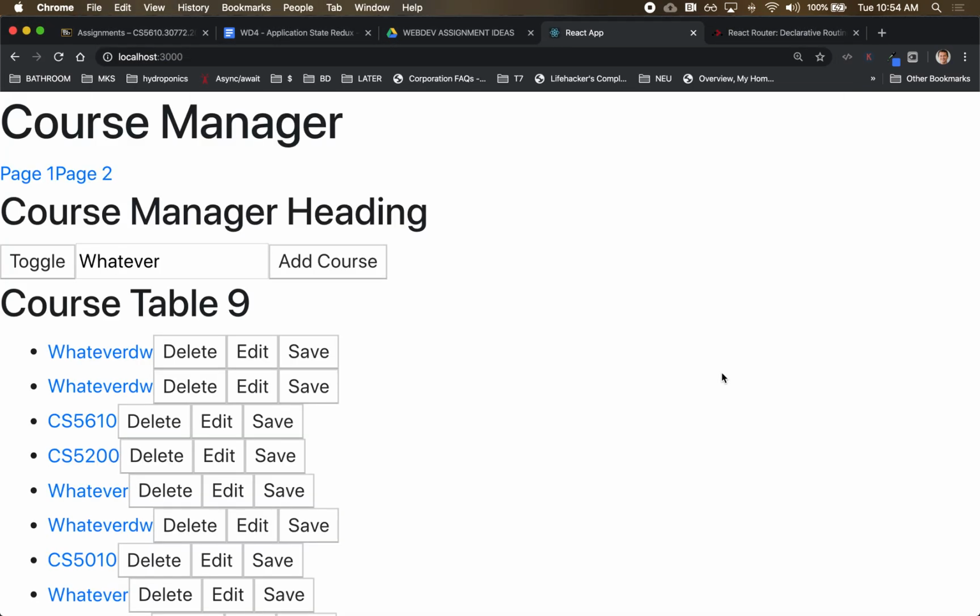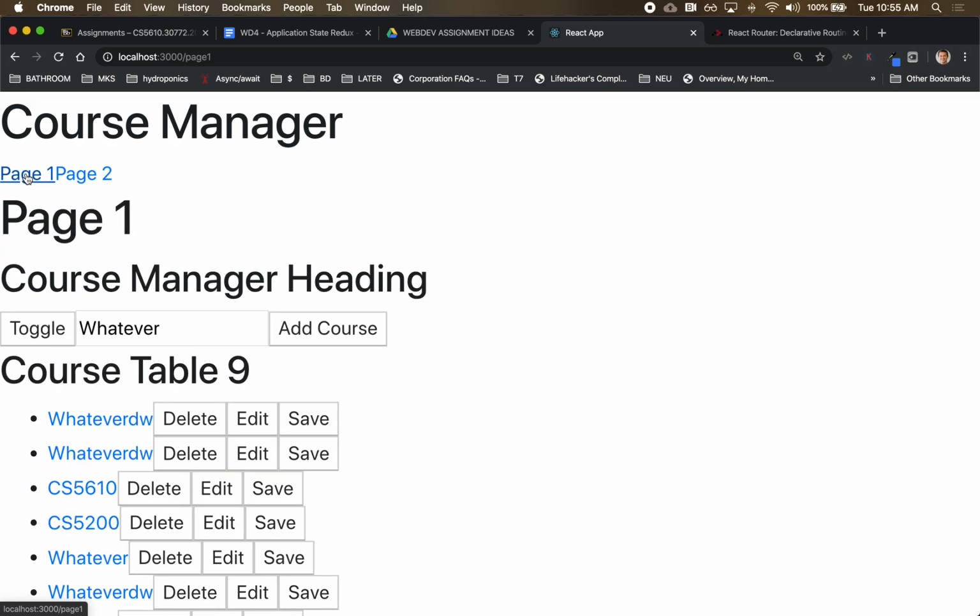So notice that now I have the hyperlinks page 1 and page 2. If I hover over them, notice that I have page 1 encoded as part of the URL. If I click on it, I see page 1 or page 2, and I can navigate between the two. Okay,